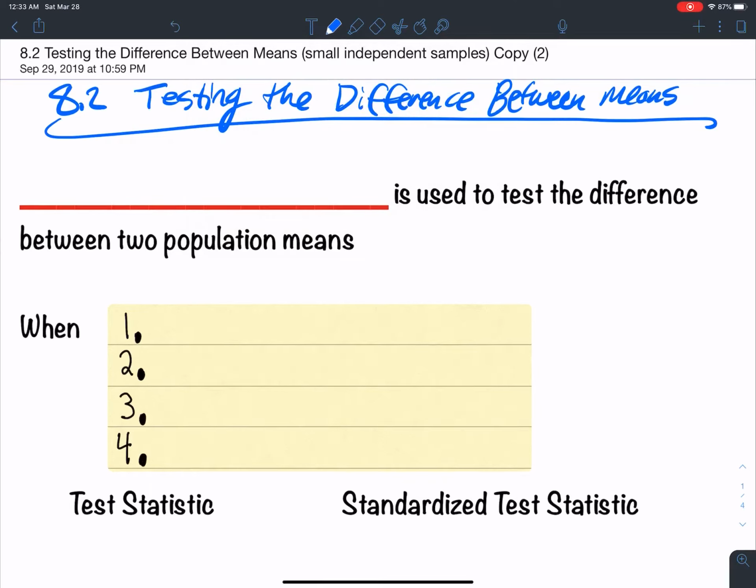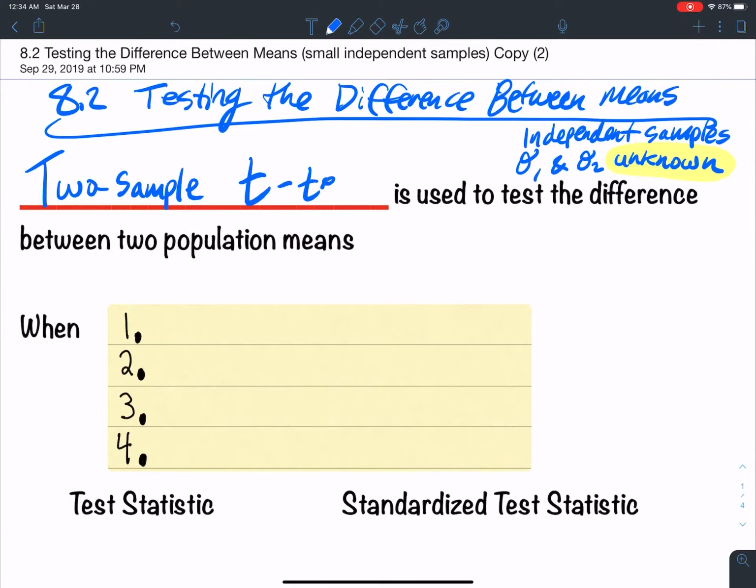All right, so 8.2, we're going to be testing the difference between means, except now we have independent samples with sigma 1 and sigma 2 unknown. So in section 8.1, we had sigma 1, sigma 2 known. Now it's unknown, okay? So to use this, we use the two sample